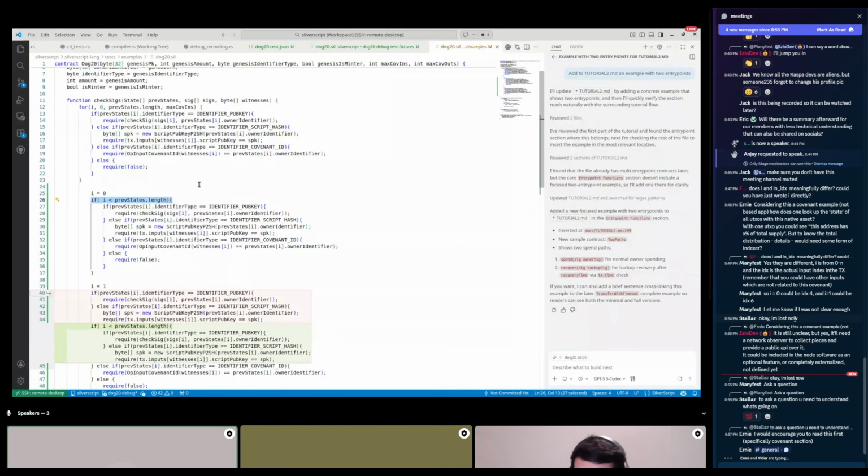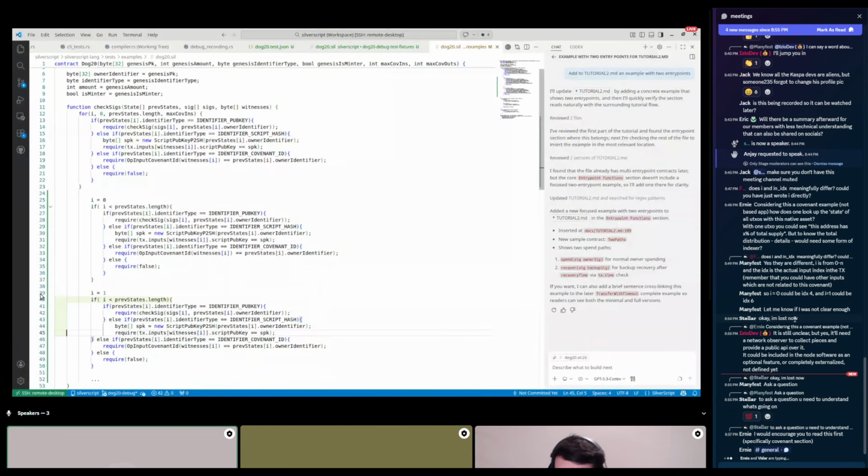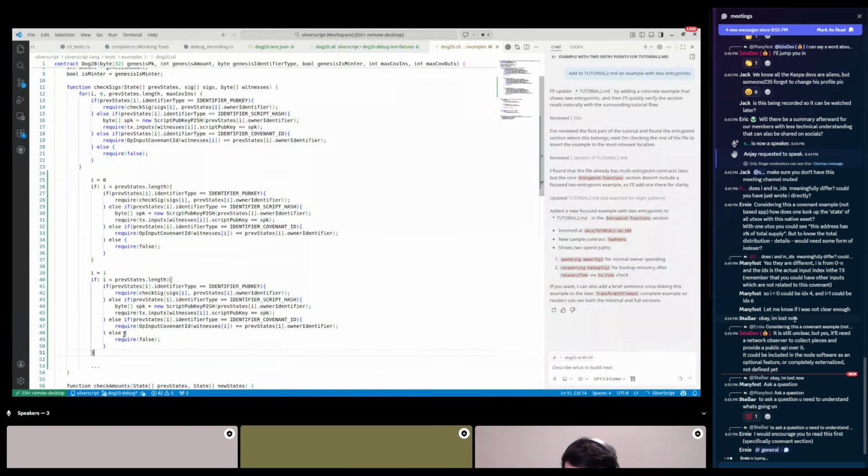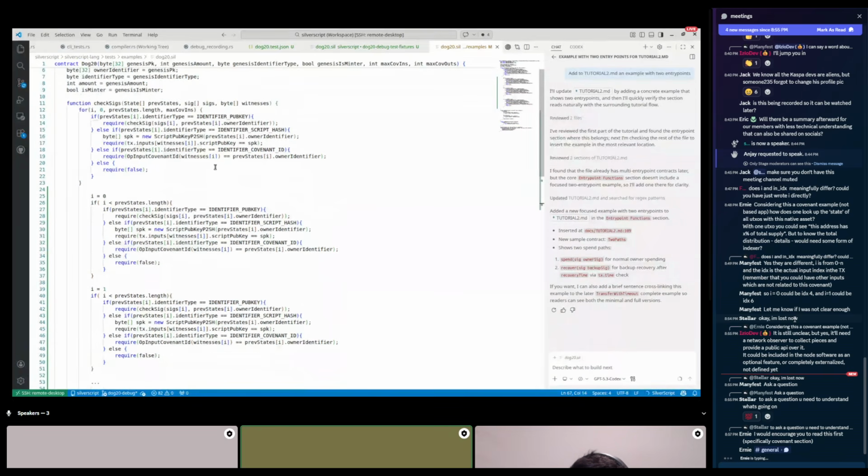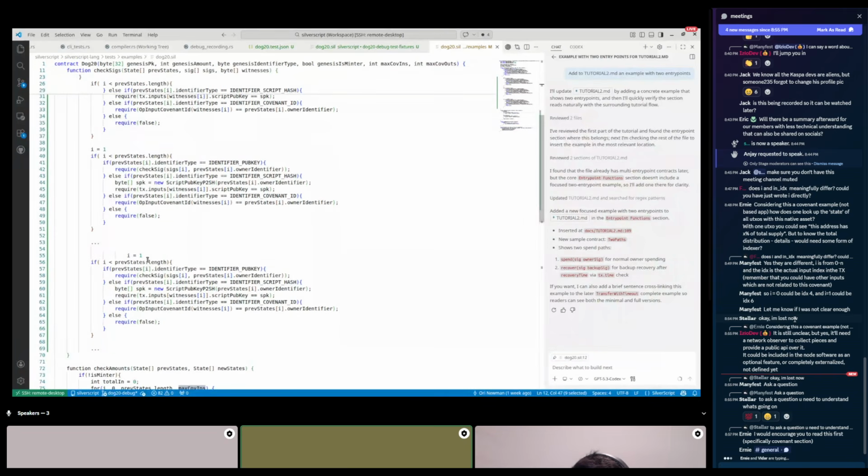So you unroll according to the constant max, and you dynamically check by the actual runtime value. And we're doing this until i equals the maximum number of iterations minus 1.